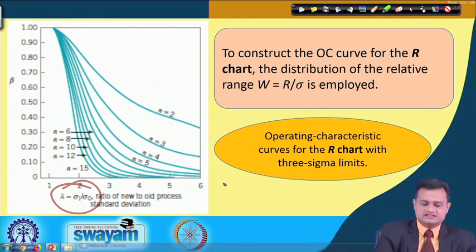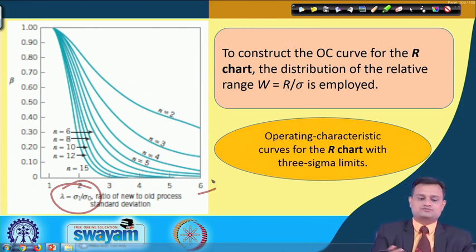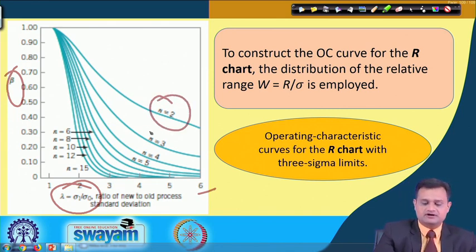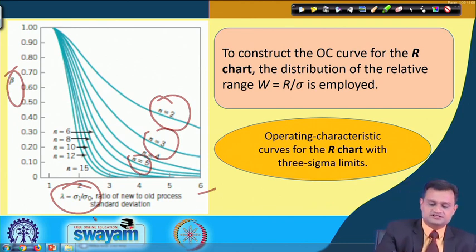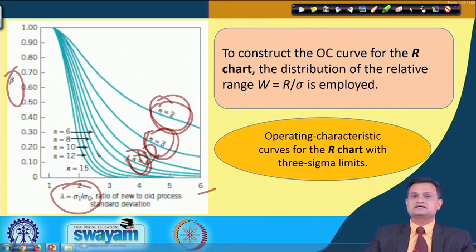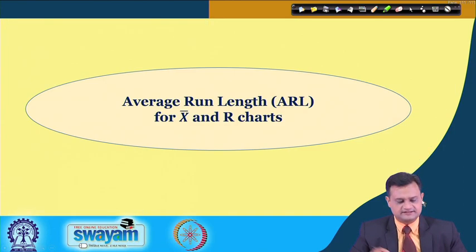So now only this value will change, the remaining calculation will follow the same expression, and you can compute the value of beta for the given n = 2, 3, 4, 5, 6, 7, 8, 9, 10. Again you will see that as n increases, the discriminatory power, meaning the stiffness of my OC curve, increases, and hence the probability of type 2 error, that is beta, decreases. So I think it's a very interesting discussion.